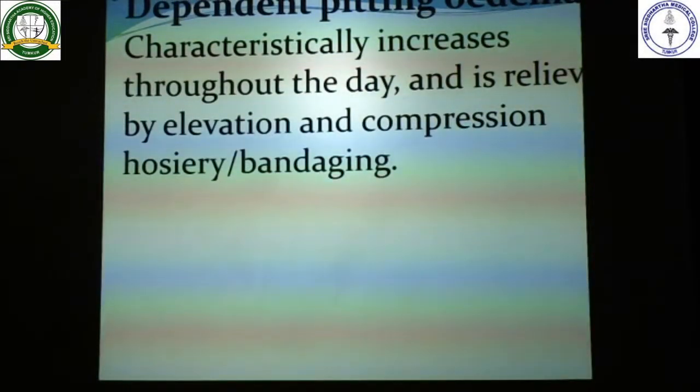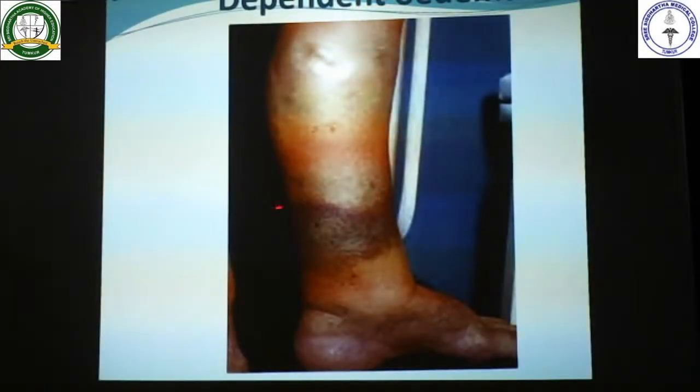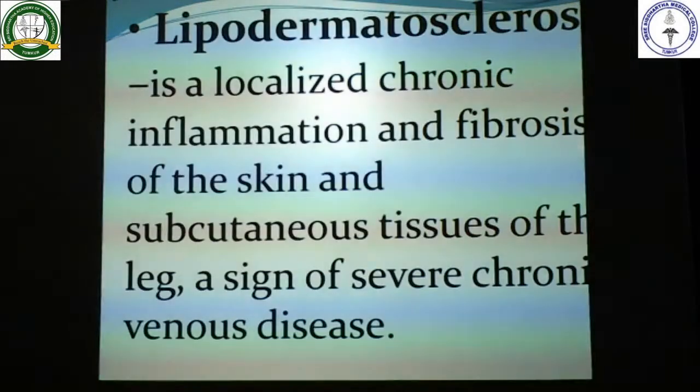Dependent pitting edema: it increases throughout the day and is relieved by elevation and compression hosiery or bandaging. So this image shows the dependent edema. In long-standing cases of varicose veins, you can see all these signs. One more is